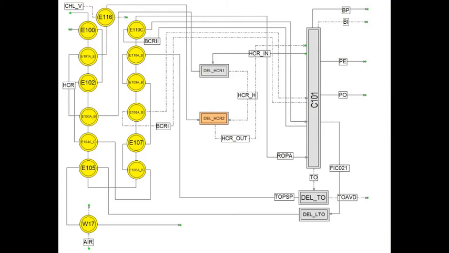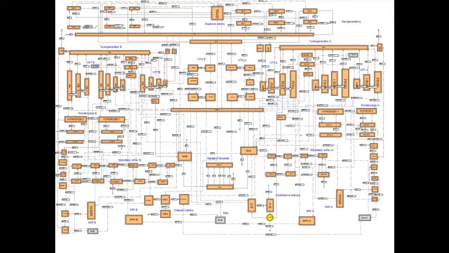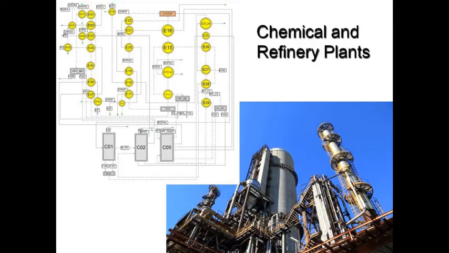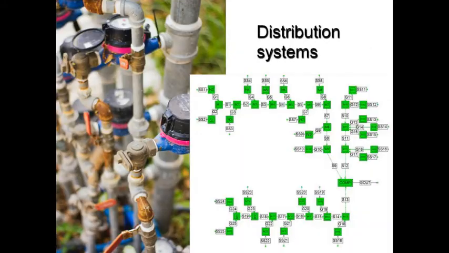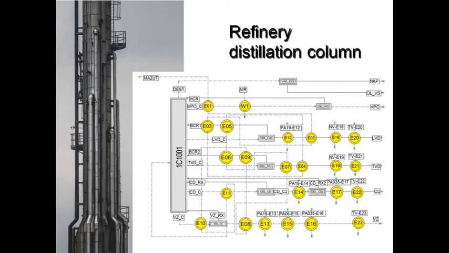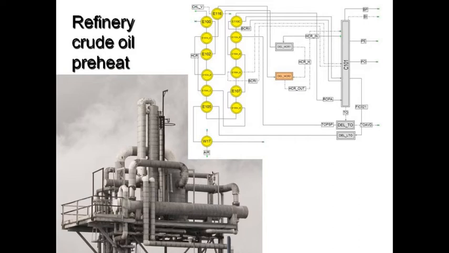Recon can solve tasks of different complexity. For example, a model of heat exchangers for crude oil preheat, up to a complete industrial plant. Typical tasks solved by Recon could be mass and energy balances of chemical and refinery plants, natural gas processing, distribution systems of utilities, detailed balancing of chemical plants, monitoring industrial heat exchange systems like crude preheat trains and similar systems,